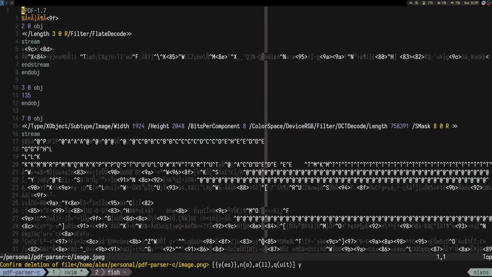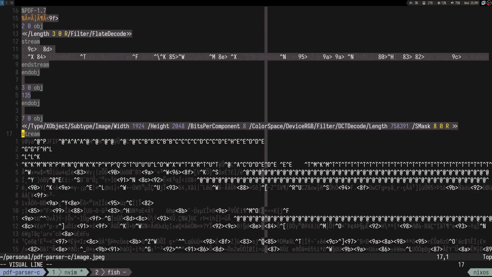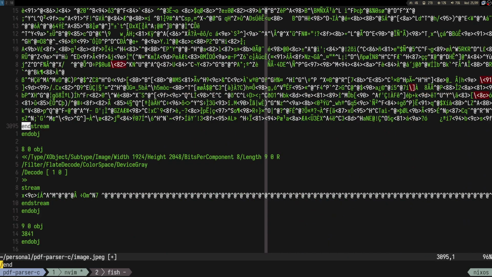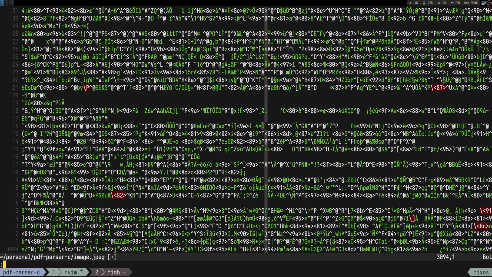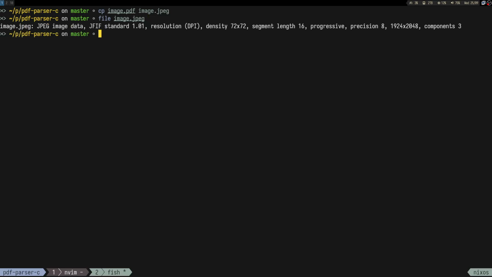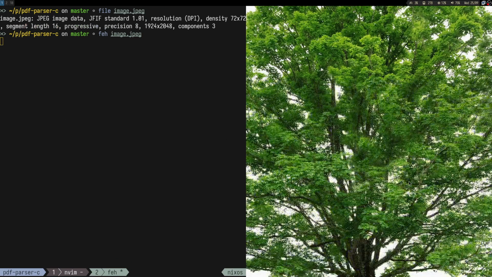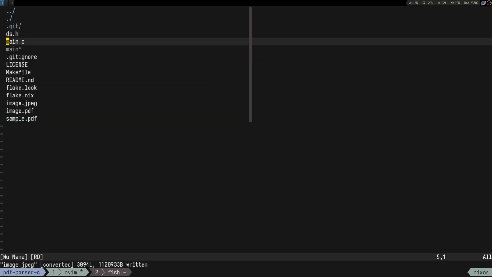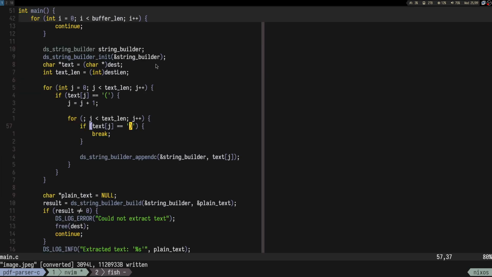Now, it's scuffed, but I guess this now should work, image.jpg, right? So if we open up image.jpg, we get the image. Since that's pretty easy, why not